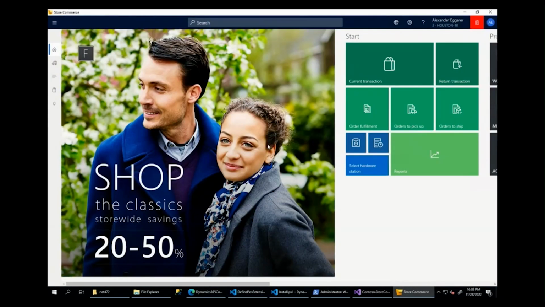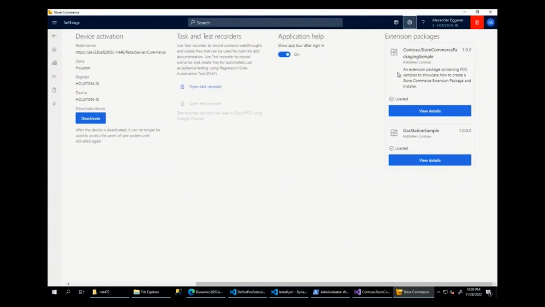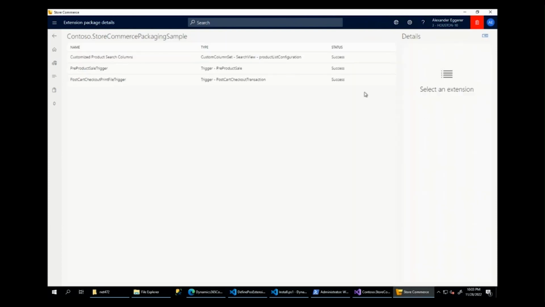I have gone ahead and activated the Store Commerce app. Let's go to the settings and see if the extensions have loaded correctly. Yeah, so we can see under extension packages, the store commerce packaging sample as well as the gas station sample have loaded correctly. We can click on view details to see the status